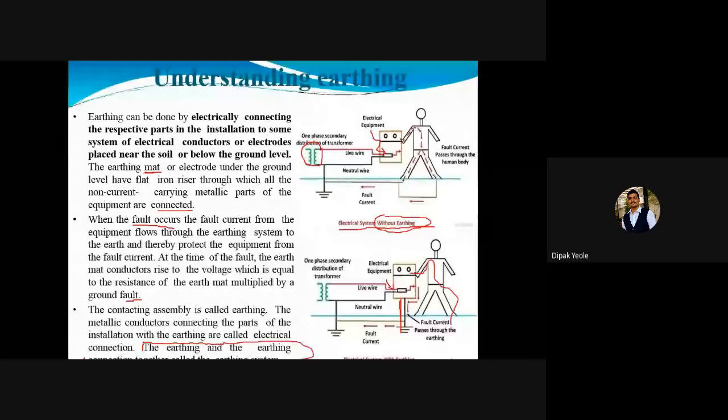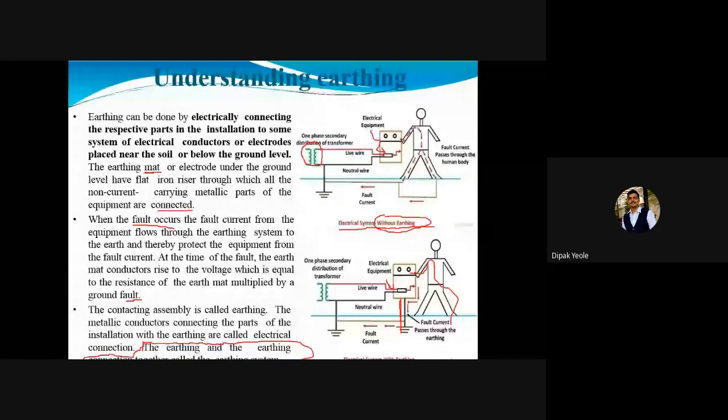Yes, and that we have to develop here. We have to show the diagram without earthing, and here we have to use the equipment earthing. We have to be specific because we are electrical engineers. We are not using a system earthing here. We are using an equipment earthing. And what are the methods available for earthing? Conventional earthing and maintenance free earthing.